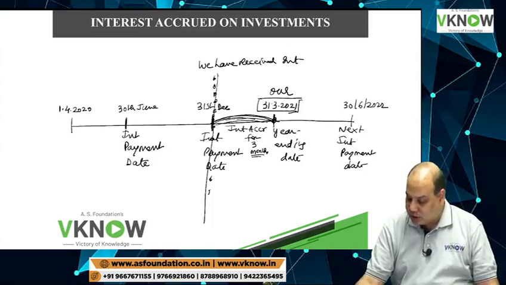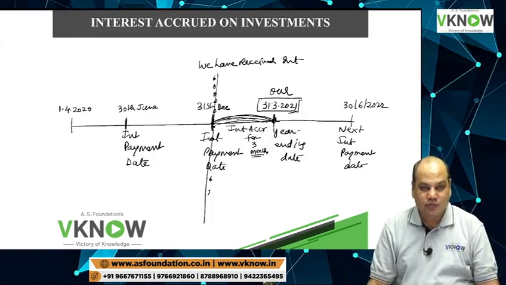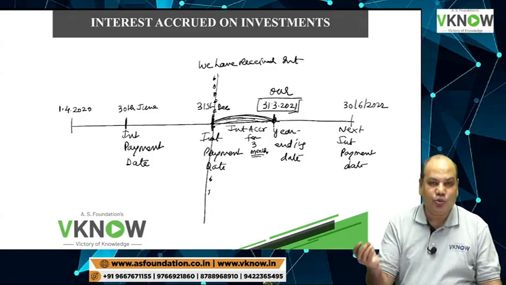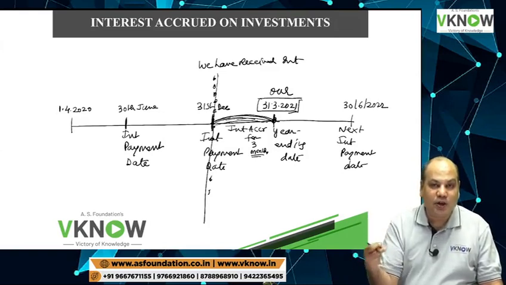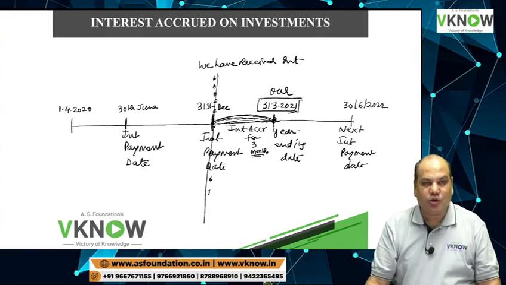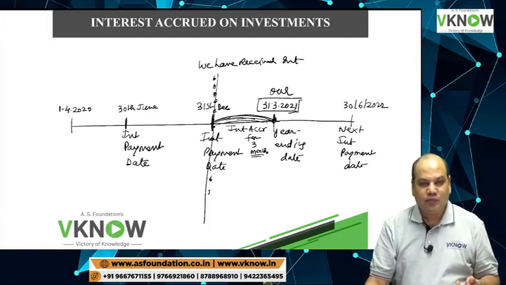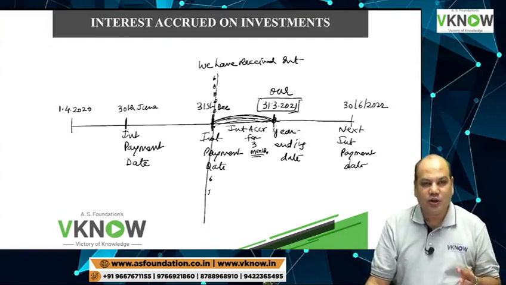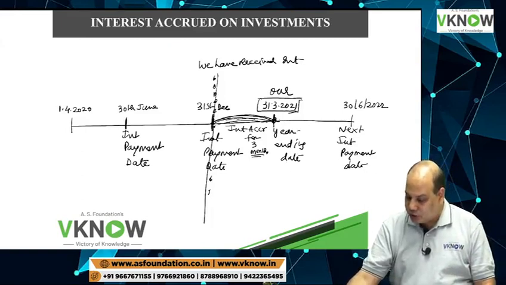Interest accrued means interest has been earned but it has not been received. With every passing day, you earn interest. Interest keeps accruing. Payments will be made on a particular date only, because companies follow the accrual method of accounting. Income which has been earned will be recorded even though it has not been received. Accrual concept. So therefore, on 31st March,